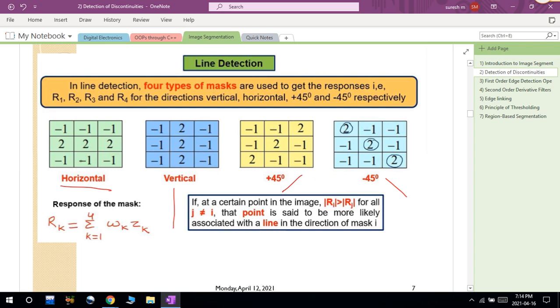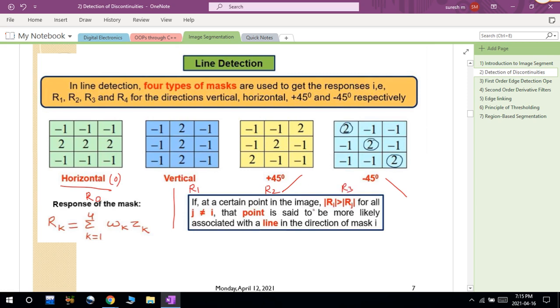Whenever I apply these 4 types of masks to the image, I will get 4 different values. When I apply the horizontal mask, I do this multiplication operation on the image using this filter, so that I get one value. If I take this horizontal as 0 degrees, I can call it R0, this vertical R1, and this R2, and this R3.